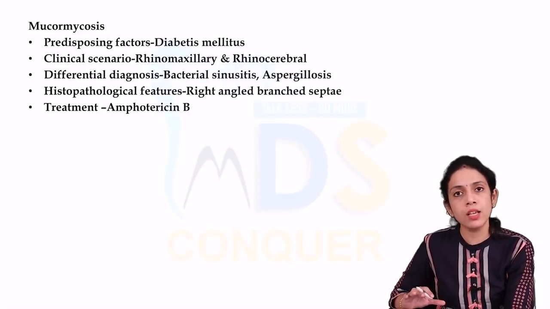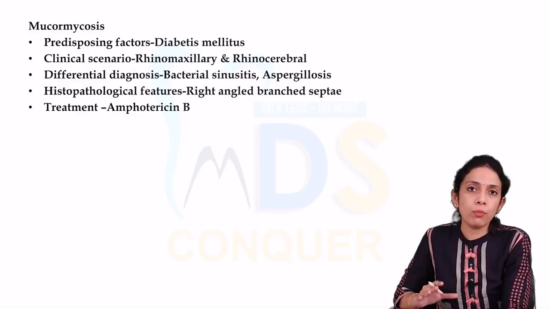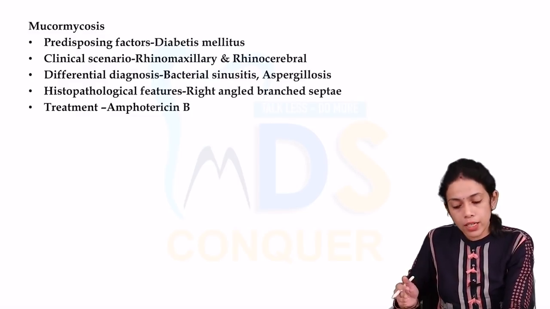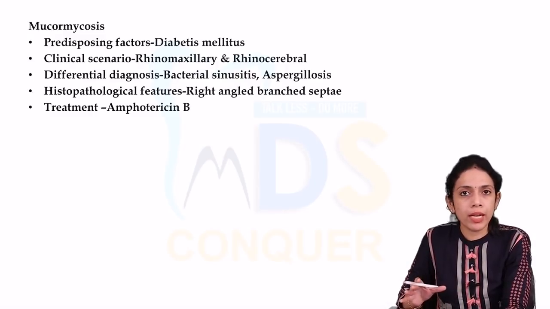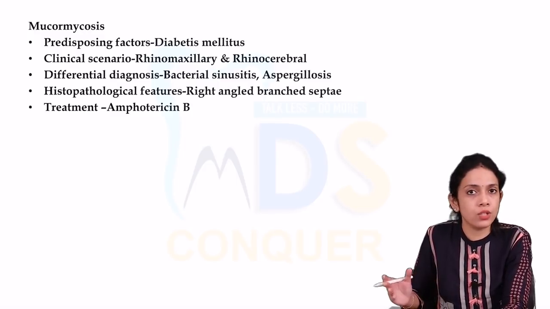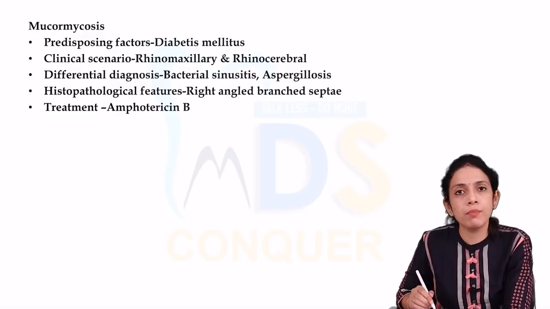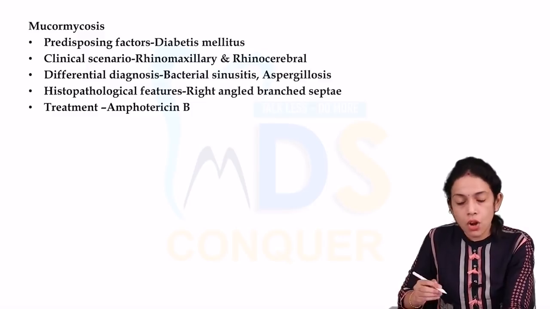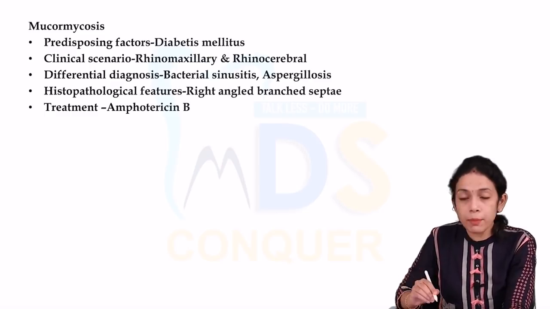Okay, so mucormycosis is a severe, relatively uncommon, fatal mycosis. Okay, it's one of the most severe forms of fungal disease. Predisposing factors include diabetes mellitus, leukemias, lymphomas, and renal transplant patients who are somewhat immunocompromised. In those patients, this has a chance to occur. Mucormycosis has its chance to occur in the immunocompromised host. Okay, here the patient, the particular case which I have presented here, is a known diabetic. So one of the predisposing factors for mucormycosis to occur is diabetes mellitus.